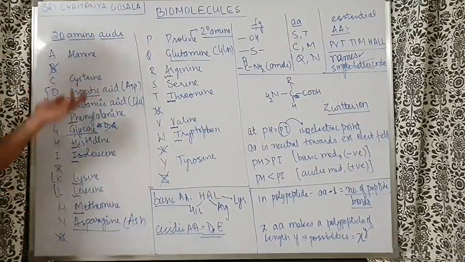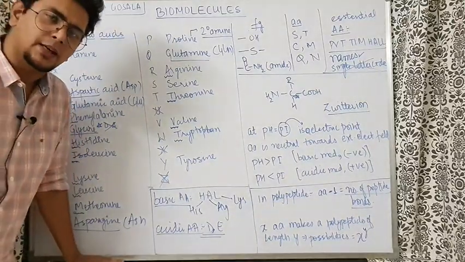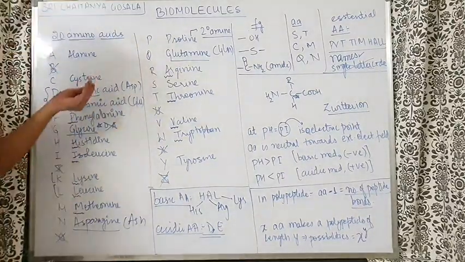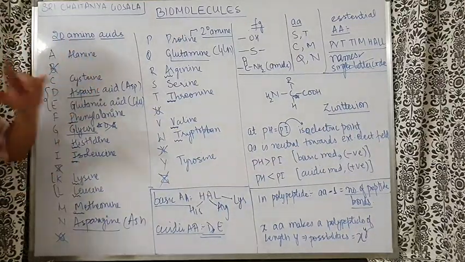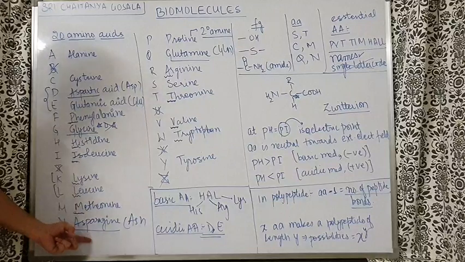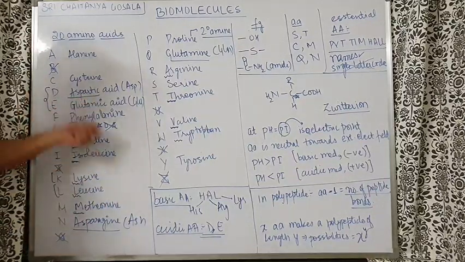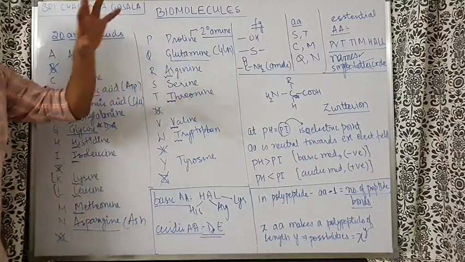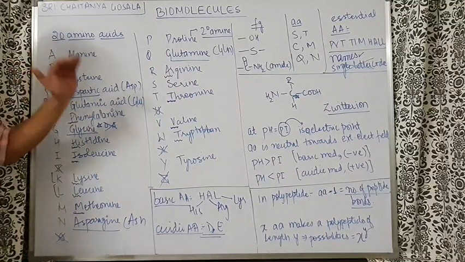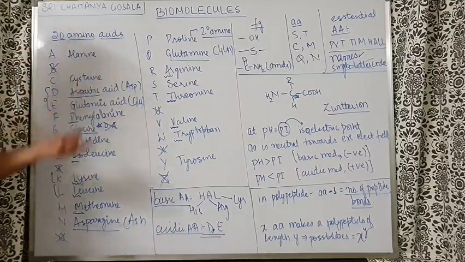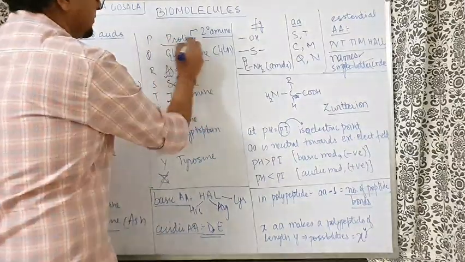So basically, what is the relation? See the structures in the NCERT, open the NCERT simultaneously, it will help you a lot. Aspartic acid is the acid structure, COOH is there. When that COOH becomes amide, it becomes asparagine. Glutamic acid has a COOH group. When that COOH group becomes amide, it is called glutamine. So asparagine, glutamine, aspartic acid, glutamic acid have similar structures, but only two acidic amino acids are there, aspartic acid and glutamic acid.